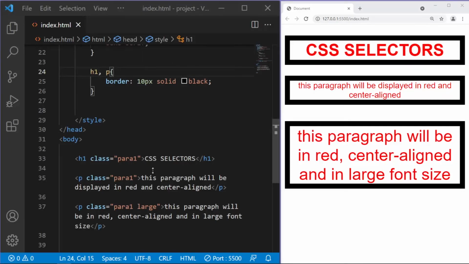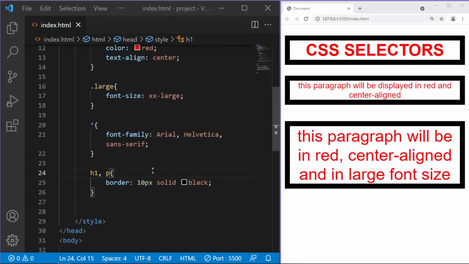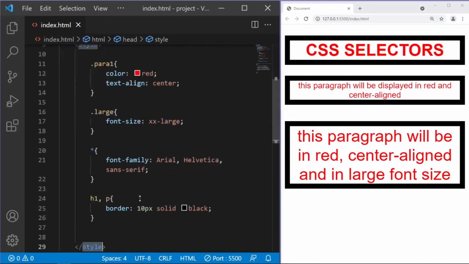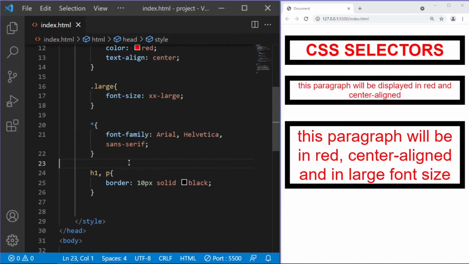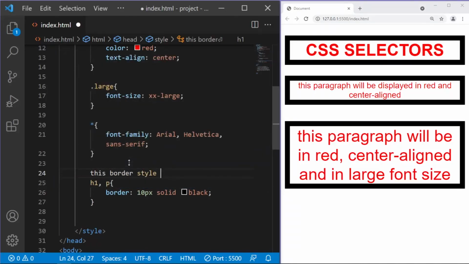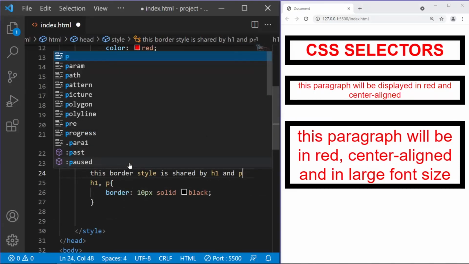Now let's talk about comments. Comments are used to explain the code and may help when you edit the source code at a later date. Comments are ignored by browsers. A CSS comment is placed inside this style tag, and let's say I'm gonna type in here: this border style is shared by h1 and p tag. Hit save,